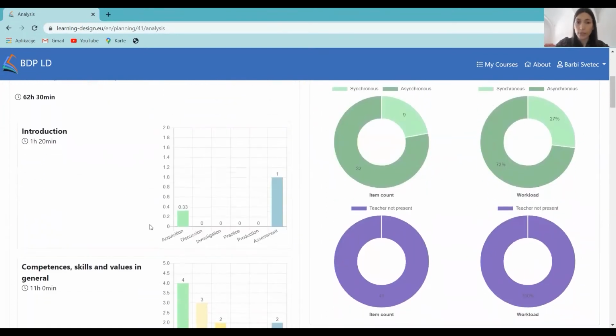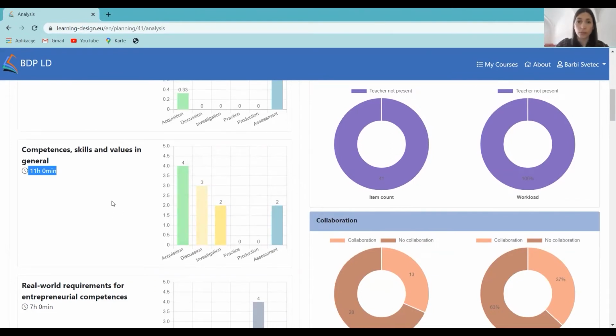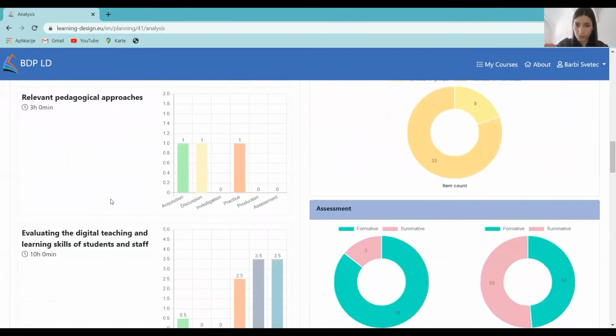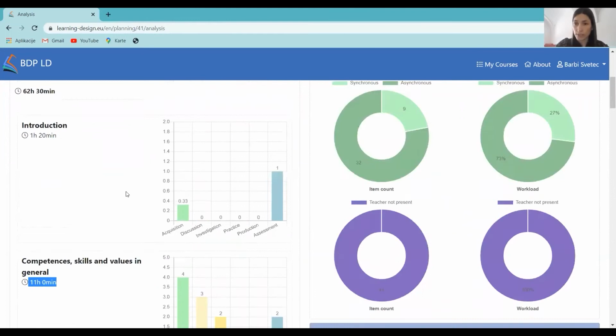And then we can go into details related to each of the topics, and we can see for each of the topics how much workload is foreseen. So here, for example, we have 11 hours. And what are the types of teaching and learning activities, and are they in line with our planned pedagogical approach? On the right-hand side, you can see different kinds of analysis.